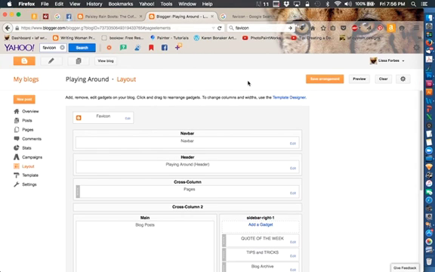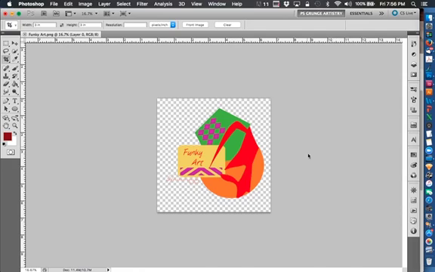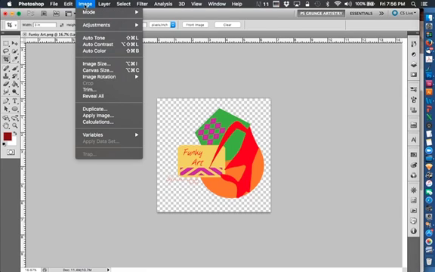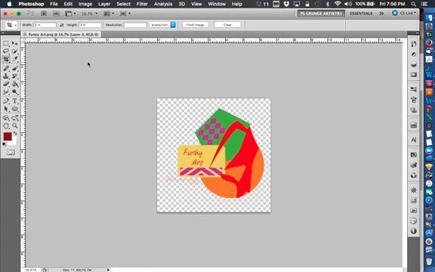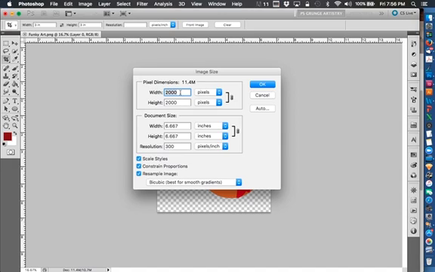So let's start out. I start in Photoshop, and this is just a doodle I was making one day, but it'll show up nicely, and I like to work in square, so that's helpful for this process. The image has to be square, and this one, when I go to image size, it shows that I've got 2000 pixels square. For a favicon,